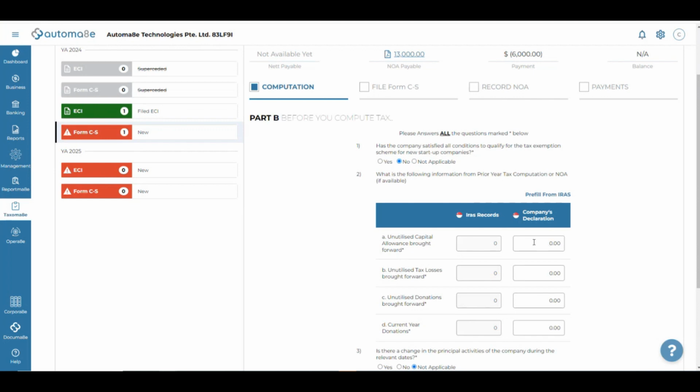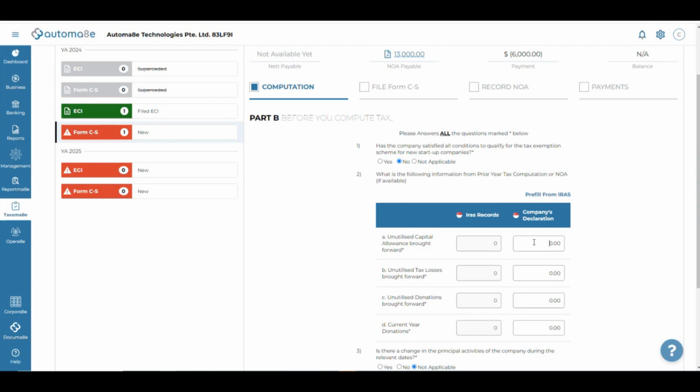So the system allows you to revise, but then again, with IRAS, take note that when you want to do a revised filing, you need to object to the NOA. You have exactly 30 days from the time you get the notice of assessment from IRAS. Today, the notices of assessment are emailed to you to say that a notice has been issued, but you have to log into IRAS to check. If you don't check after 30 days, that's basically confirmed. You have to pay it no matter whether you object or not. You have to pay that one first.